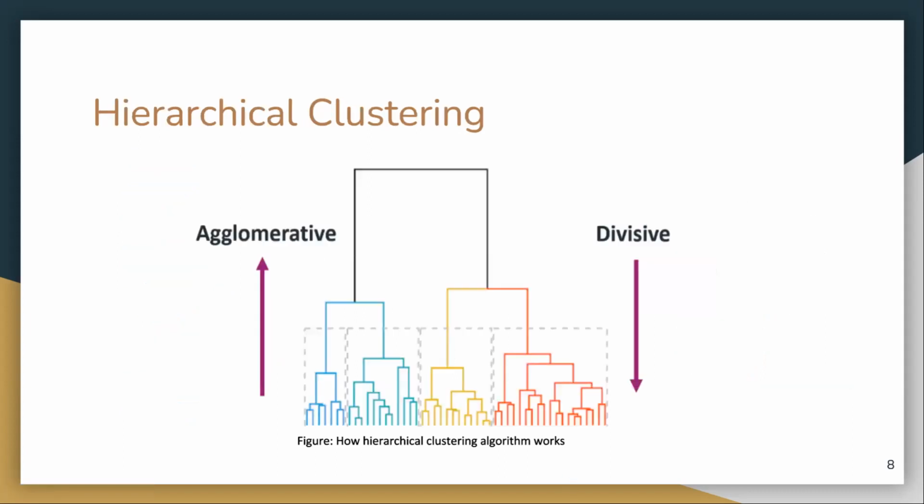In hierarchical clustering, the clusters are formed in a hierarchy, which is often shown as a tree diagram known as a dendrogram. The dendrogram ends with a set of clusters where each cluster holds similar items within itself but differs from the others. We usually see two kinds of hierarchical clustering strategies. The first one is agglomerative clustering, which is a bottom-up approach. The other is divisive hierarchical clustering, which is a top-down approach.